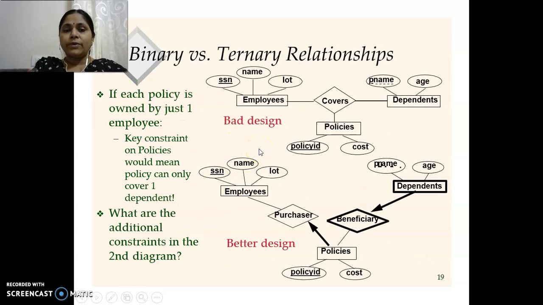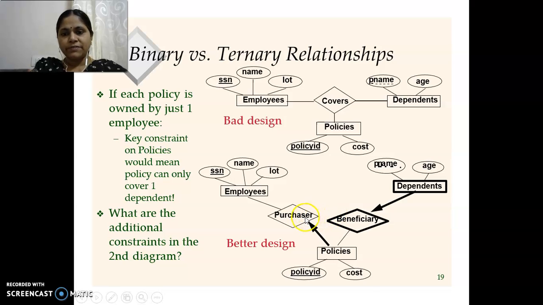Sometimes we will be looking at binary versus ternary relationships. So now in this case, employees, dependents covers policies with policy ID and cost. Here, sometimes we cannot have more than one similar policies. This is a bad design. In such cases, what do we do? We will have more than one